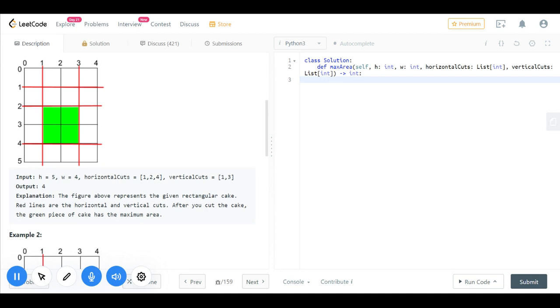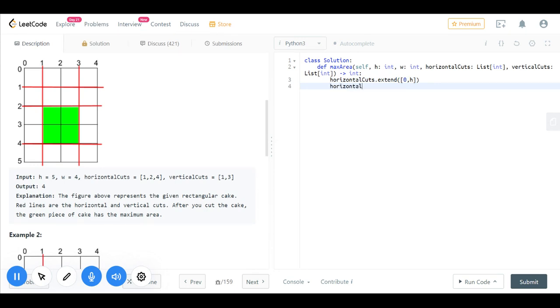So what I'm going to do is horizontal cuts dot extend 0 comma h. Once I'm done with this, we also have to sort this, right? Because these horizontal cuts might be given in any order, so we'll be sorting this.